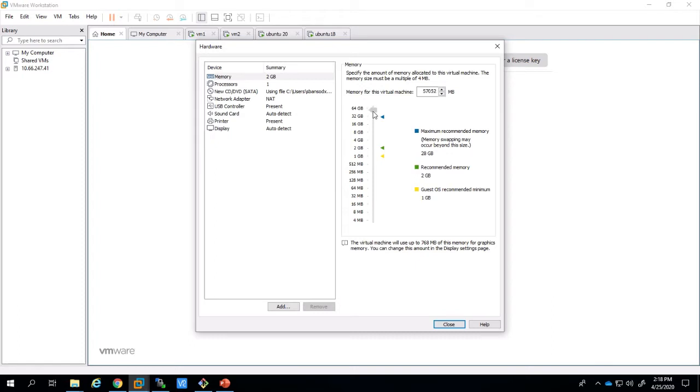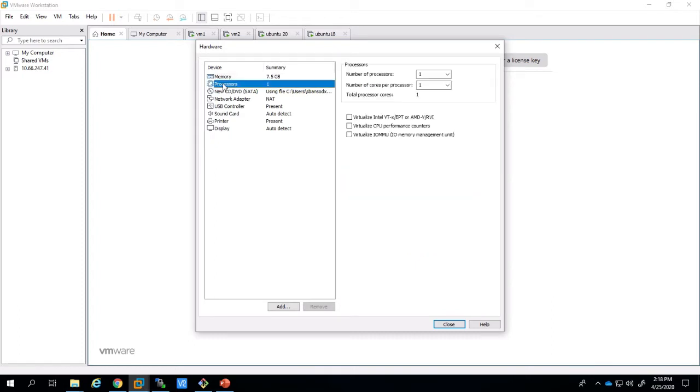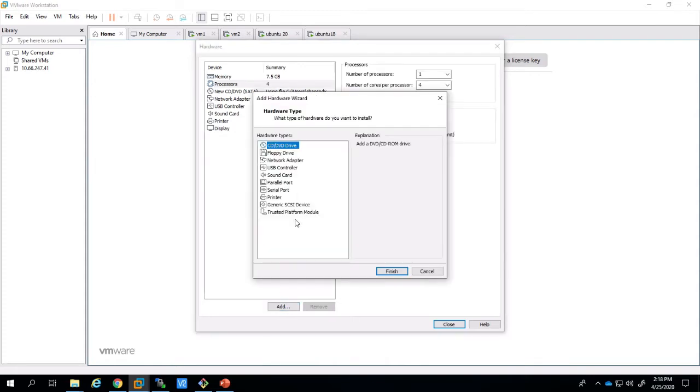Here I'm increasing RAM to 8 GB. Processor is only one. Number of cores I'm going to increase to 4. If you want to install any nested ESX or nested virtualization technology, you need to enable these three technologies.